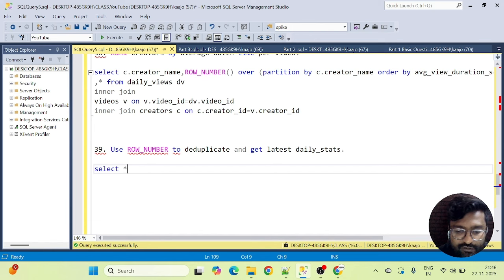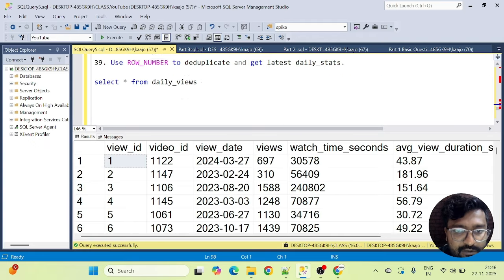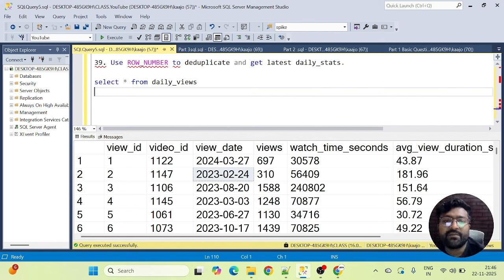Weird, I am not sure what this question means. I think I missed this question to check in prior to recording this video. No issues. Let me see what this question means, if it makes any sense whatsoever. So they're asking us to use row number to deduplicate and get latest daily stats. I am thinking because we have multiple records here, maybe because we might have,